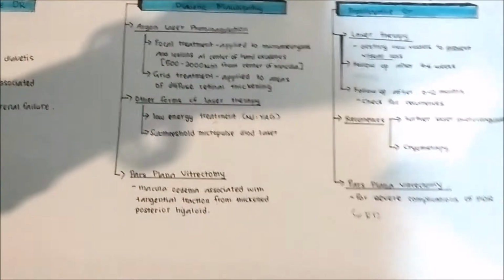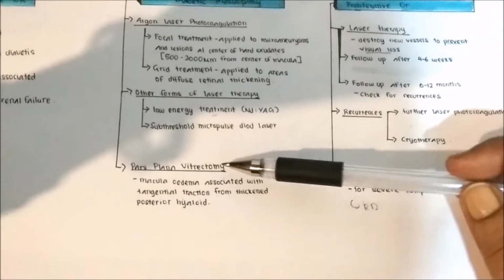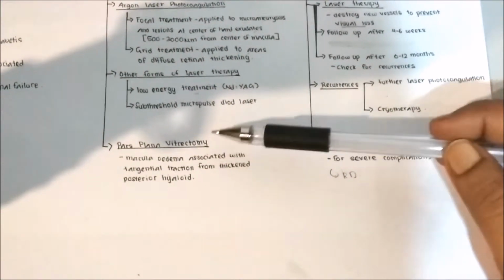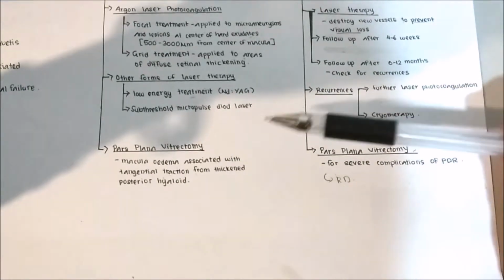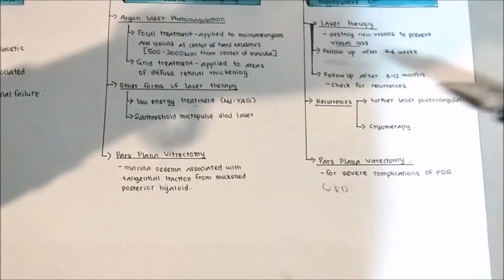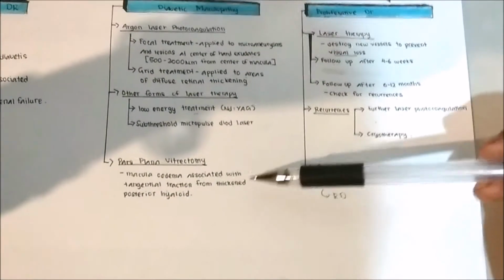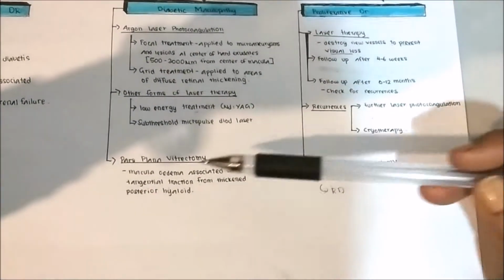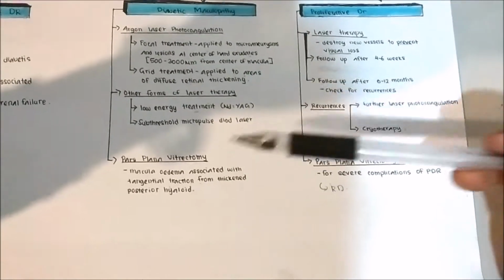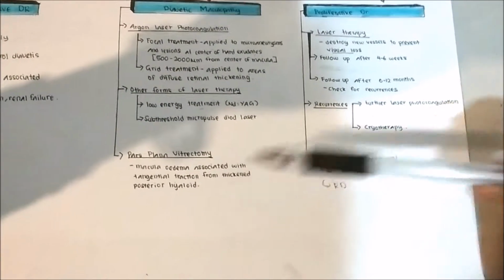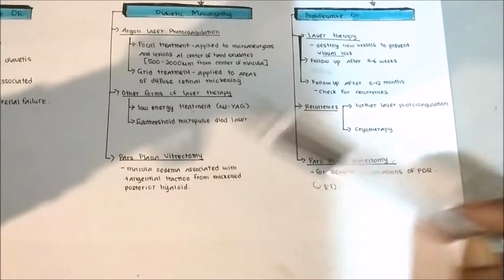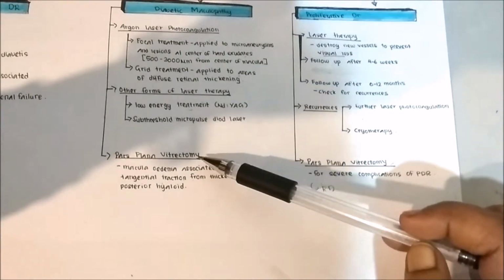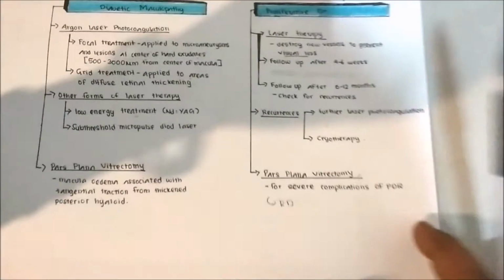Next is pars plana vitrectomy, which is done for macular edema associated with tangential traction from a thickened posterior hyaloid. If there is any macular edema with tangential traction, we should remove the cause of the traction first. Thus we do pars plana vitrectomy. And then the final is